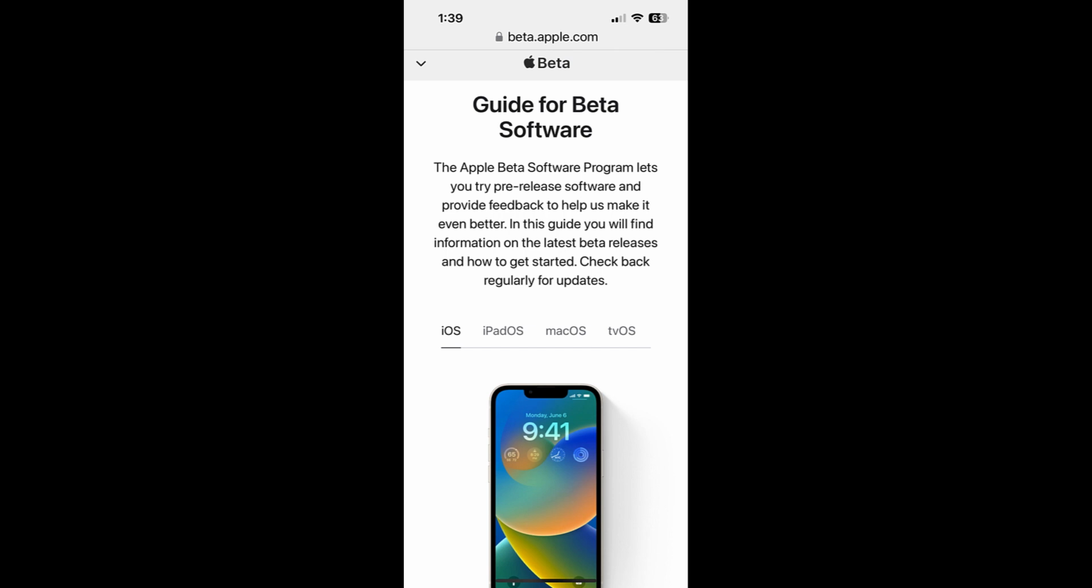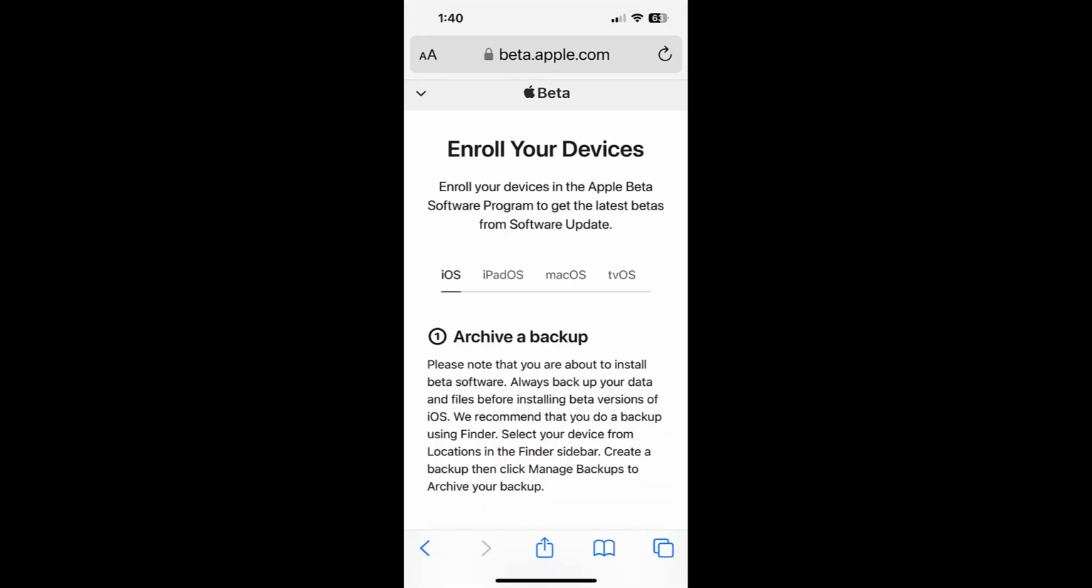And basically, it's the Apple beta software program, and it lets you try pre-release software and provide feedback to help make it even better. So if you are ready to do that, the next thing we're going to do is simply enroll your device. One thing to note, you are testing new software and providing feedback, so it's very important